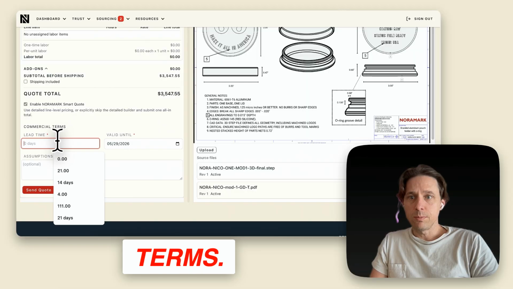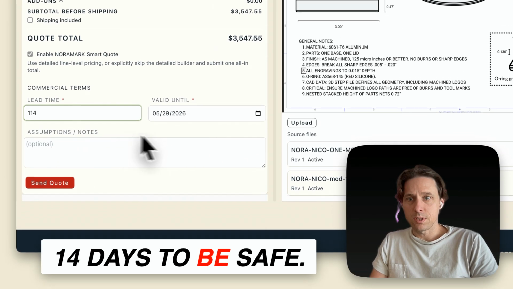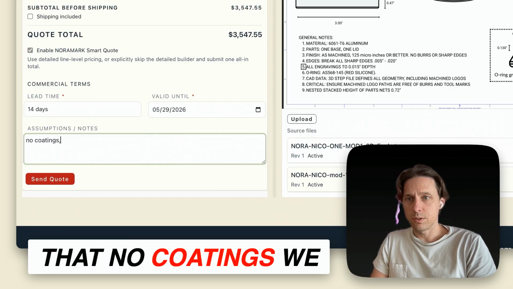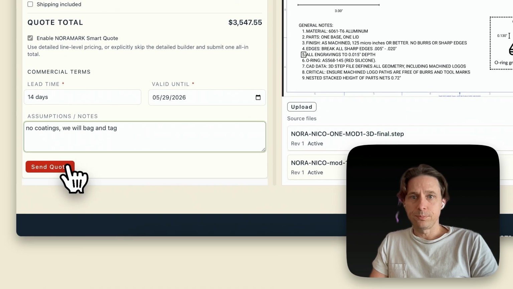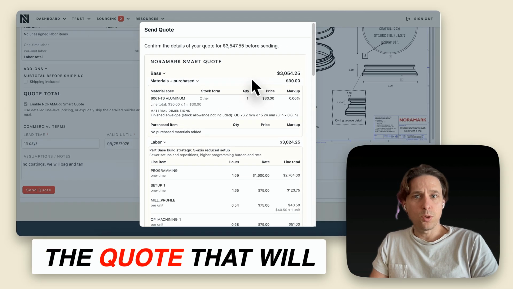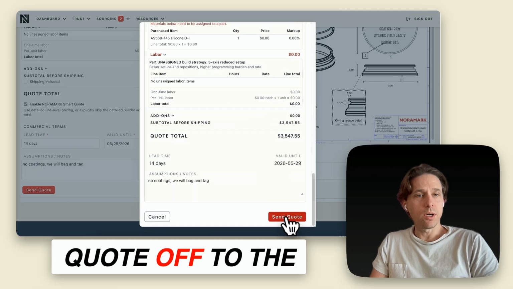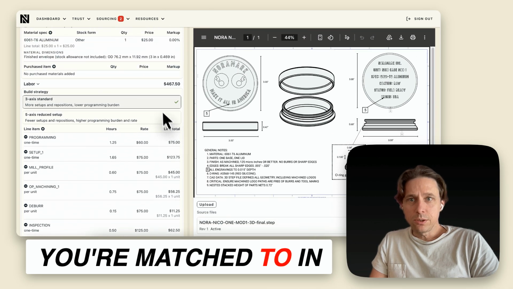Our commercial terms. Our lead time here, we're going to say 14 days to be safe. Some assumptions we made. Let's just tell them that no coatings, we will bag and tag. And then you send the quote. This is a preview of the quote that will be sent, itemized line items, and we can send that quote off to the buyer. And these are powerful tools to use for jobs that you're matched to in NORAMARK, and